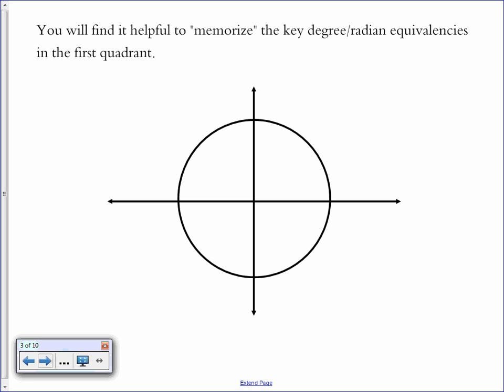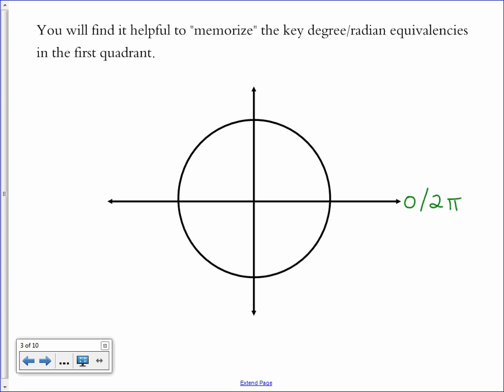So you're going to find it helpful to memorize the key degree radian equivalencies from the first quadrant, because I'm going to be using degrees and radians sort of interchangeably. So I might ask you to find the sine of 45, or I might ask you to find the sine of pi over 4, and I want you to be equally comfortable doing both. So you want to just remember that